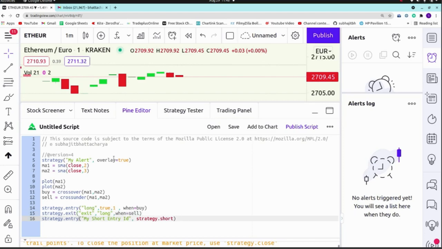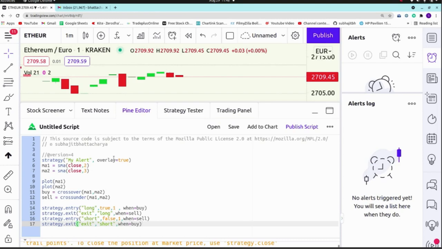And the same thing will happen for the short position. So let me rename this short, and it will be false, and quantity will be 1, and when equal to sell, and strategy exit comma short comma when equal to buy.